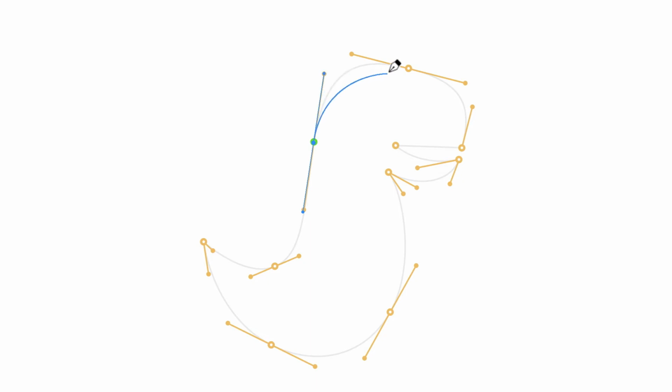Move the cursor to another point, then click and drag to pull out the direction lines again. Move to the next point and repeat the process. As you can see, the tool created a smooth point again, while we need to have a corner here. Now, to overcome this, place the cursor over the point once again until a small angle icon appears, and make a click. This will convert the point into a corner point, and we can continue drawing with a straight line.